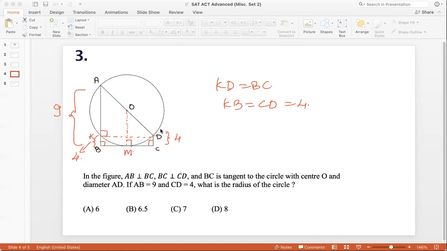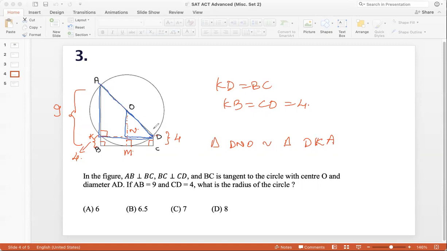So let this point be N. So then I can say that triangle DNO is similar to triangle DKA, right? These two triangles, I'll show them. Triangle DNO, this triangle, is similar to triangle DKA, this triangle,